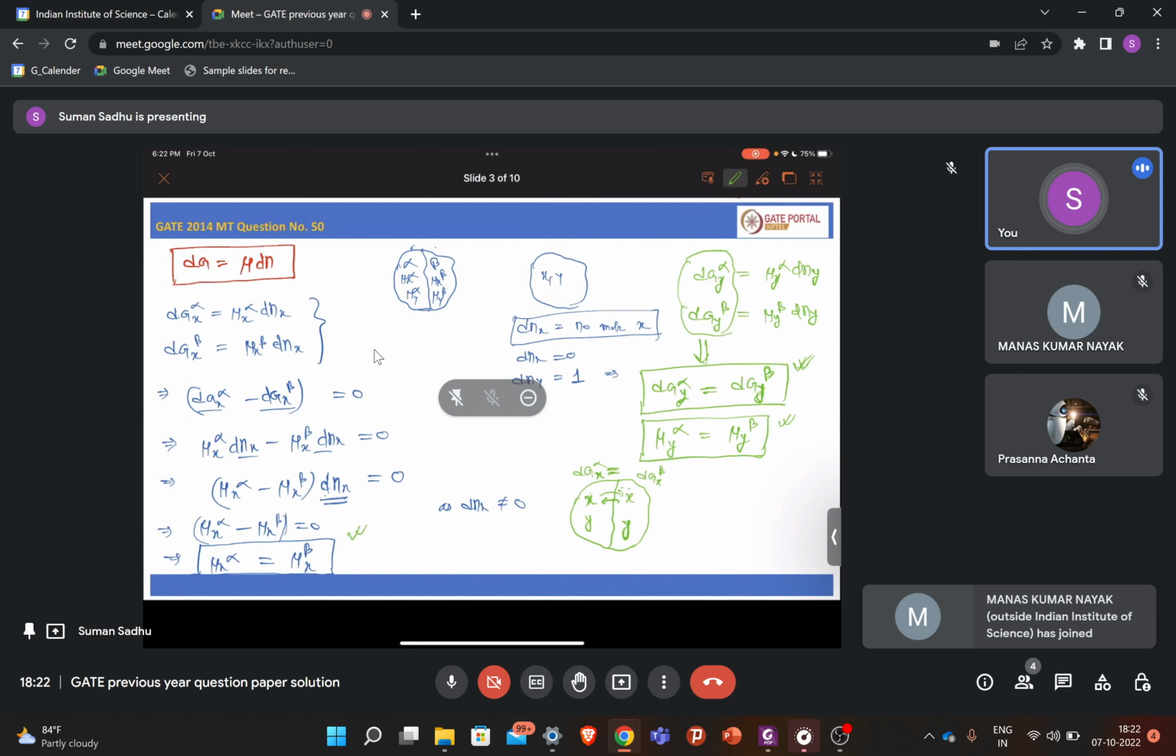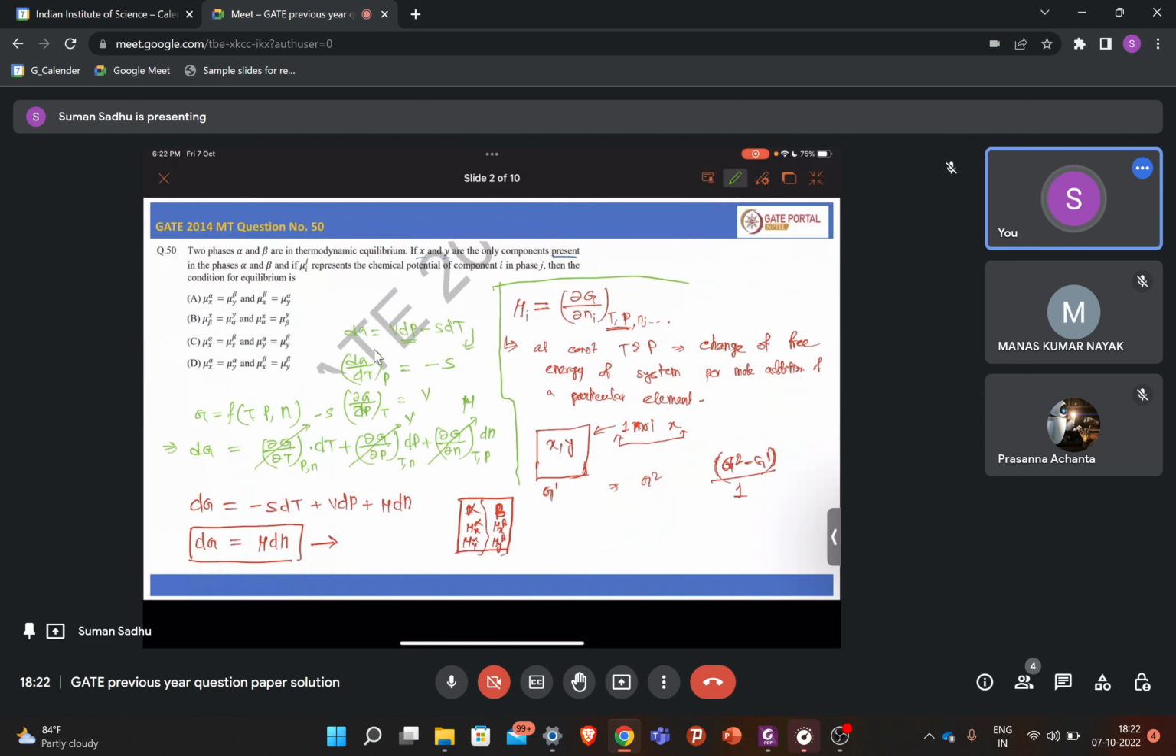And by simplifying this equation, we will get that the chemical potential of component x in alpha phase will be equal to the chemical potential of x in the beta phase. So which will be the correct answer? Which option is correct? Option C. Option C, right? It will not be